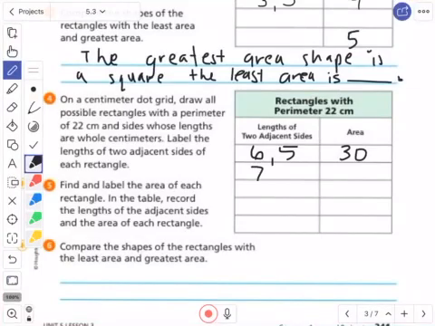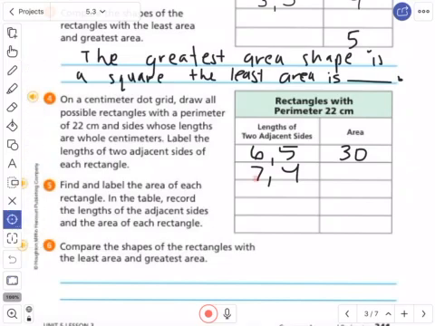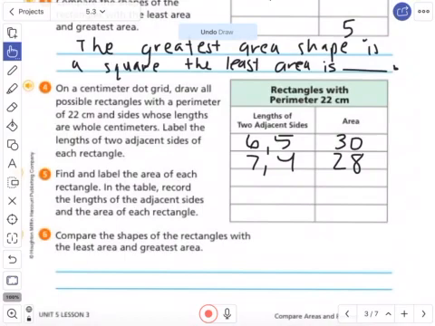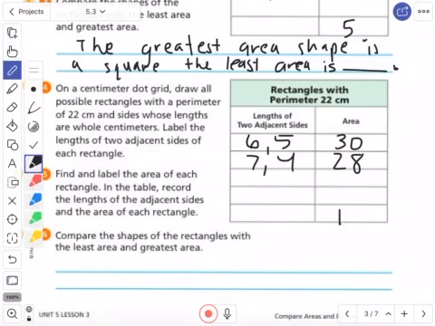So I have 7, 4, and then remember area is just length times width. So I just take the 7 times the 4. 7 times 4 is 28. Cool. All right, now I have 3 more of those to do to try to figure it out. And then on the bottom again, I'm going to have to compare the greatest area with the smallest area, with that least amount of area. So just to let you know, your smallest area is going to be 10. So as you're trying to do your answer, you can just start it off again with